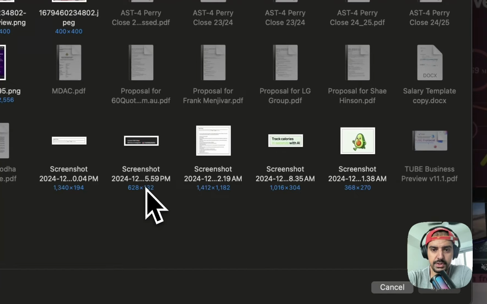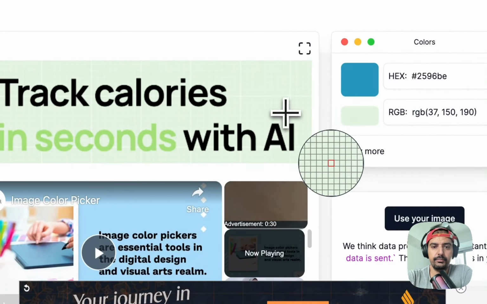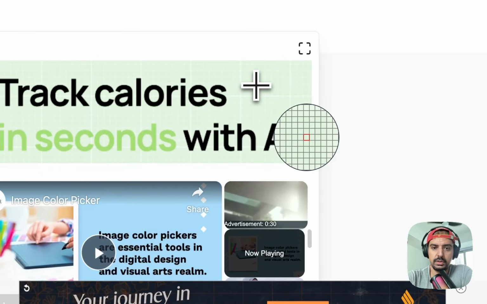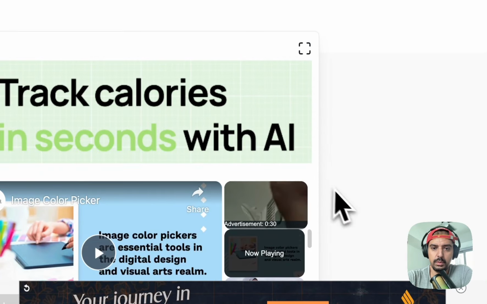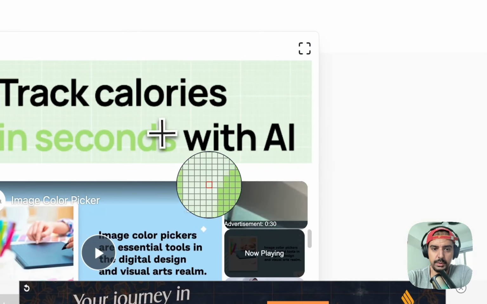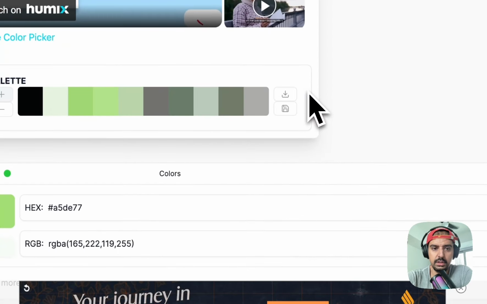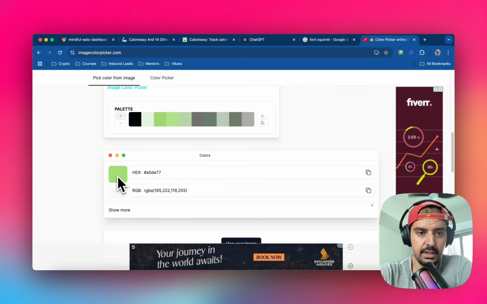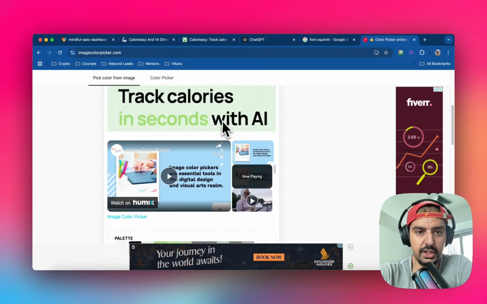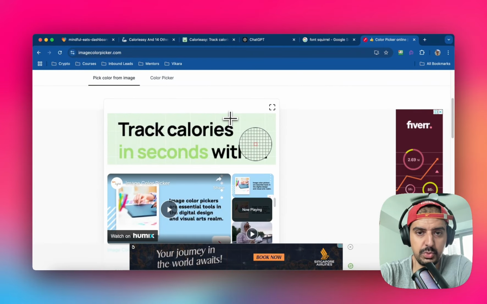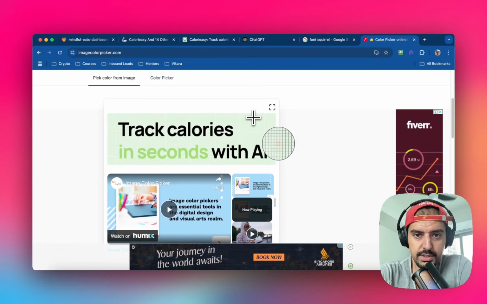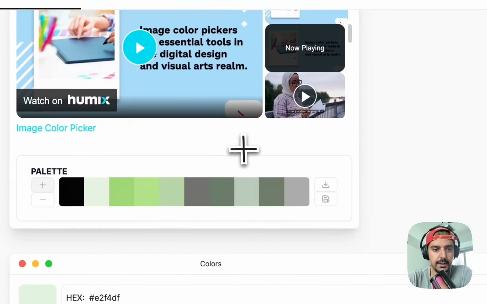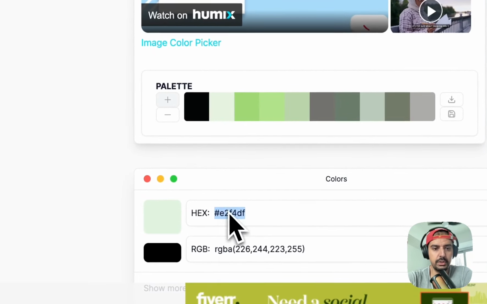So let's browse, let's grab this, and we can take this here and it will give you the color palette, right? So we can actually take this hex code and we can change it to the background, or maybe let's just take this one because it's not as strong. Okay, so I'm going to take this hex code,